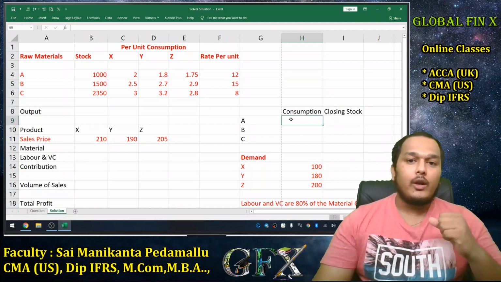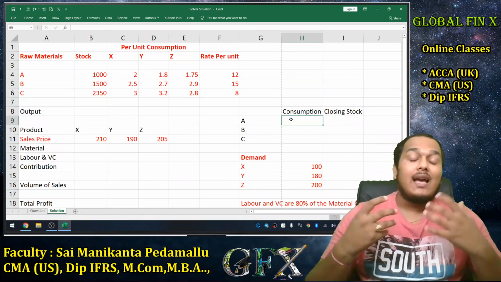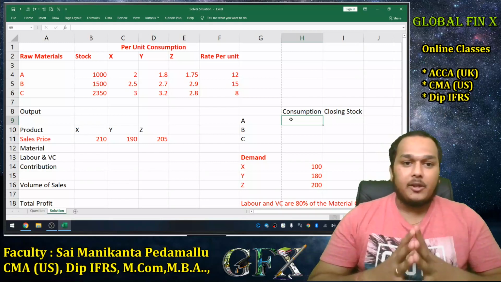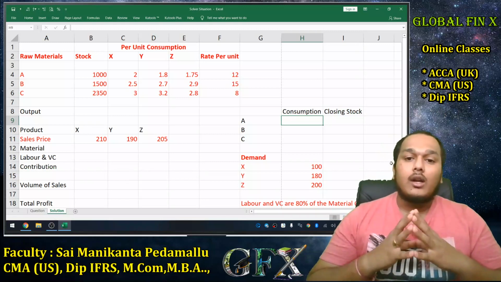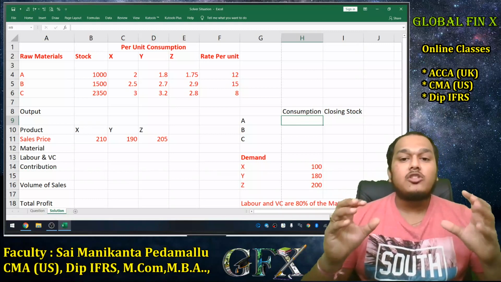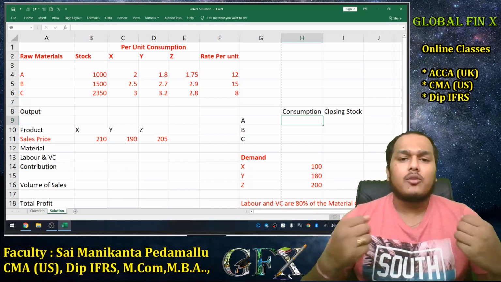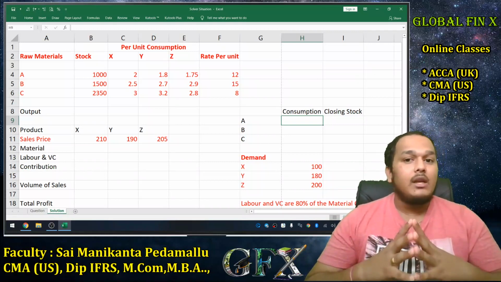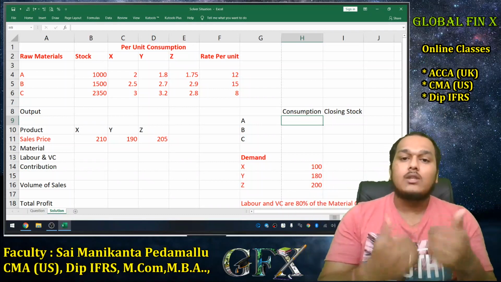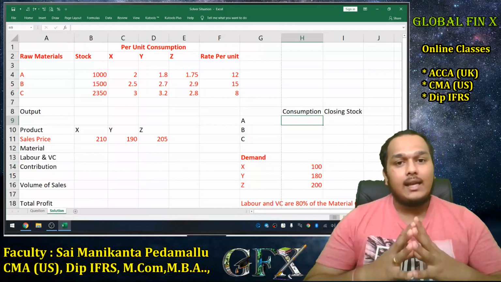Before I show you how to enable the option, first let me give you the scenario here so that you can understand the essence of this particular utility and appreciate the concept. For your ease of understanding, I have highlighted all the information that is already available. You can assume it to be part of a question. I have highlighted it in red color so that you can differentiate between the question, the given data, and the answers, formulas, or calculations that we are doing. The question or the given data is highlighted in red color.